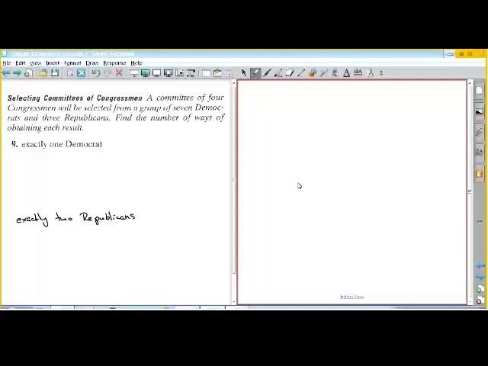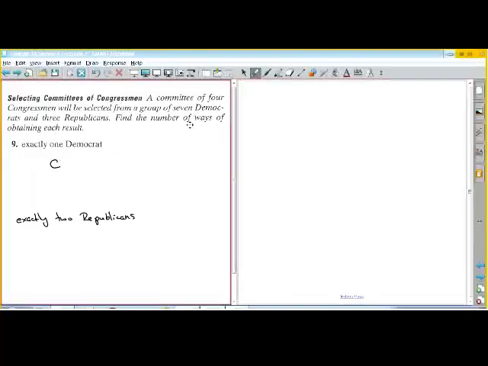That also means if you choose 1 Democrat, how many Republicans are going to be on the committee? 3, yeah, because there are 4 committee members. If exactly 1 is a Democrat. So the way you do this is it's a 2-part process. The first thing you do is you pick a Democrat, and then you pick a Republican, or pick the number of Republicans. So for this particular problem,